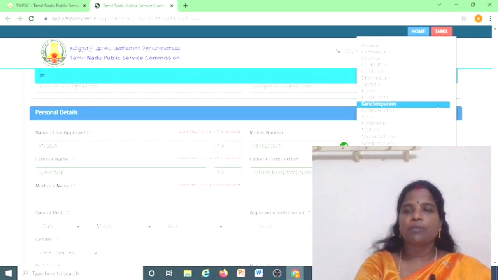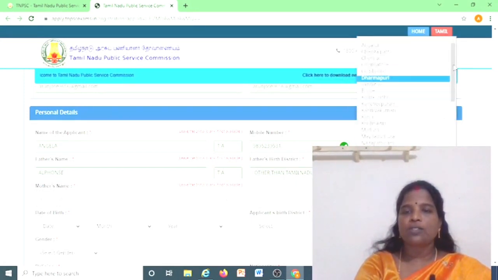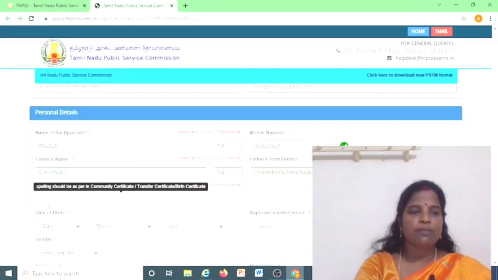Since I am not from Tamil Nadu, I selected other than Tamil Nadu. My father's place of birth, other than Tamil Nadu. Here also I will select other than Tamil Nadu, because I am from another state. Mother's name.